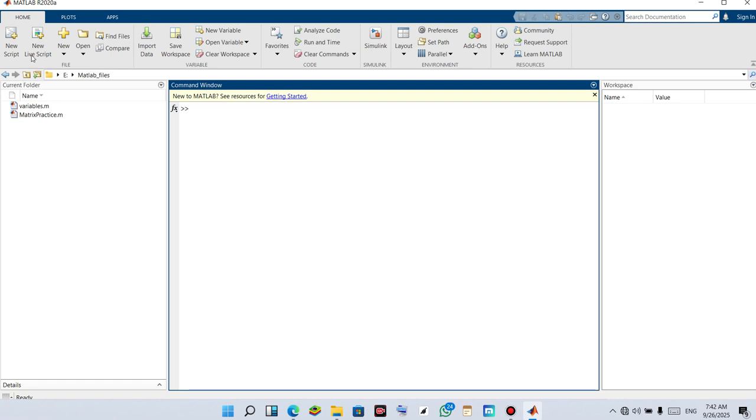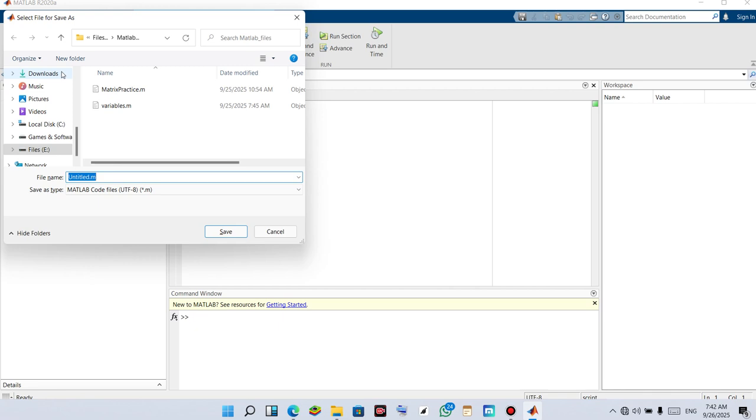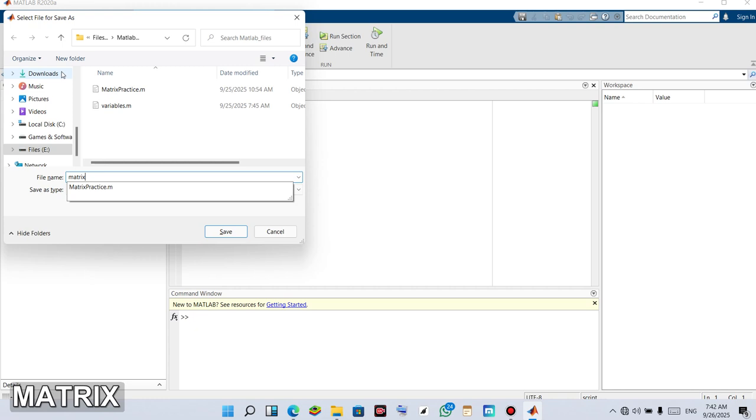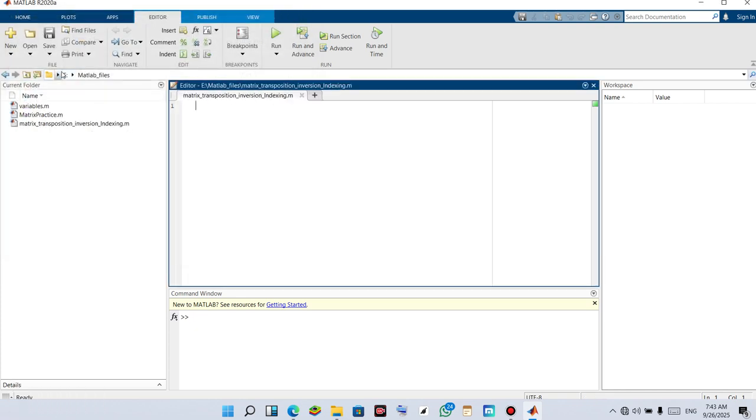So for today's lesson, let's start a new script. Then Control S, then we give it a name. So let's call it matrix transposition, inversion and indexing. So we will first start with matrix